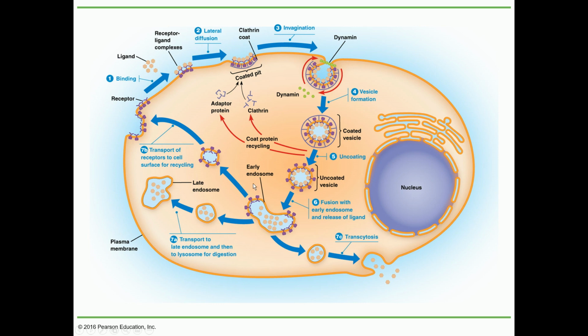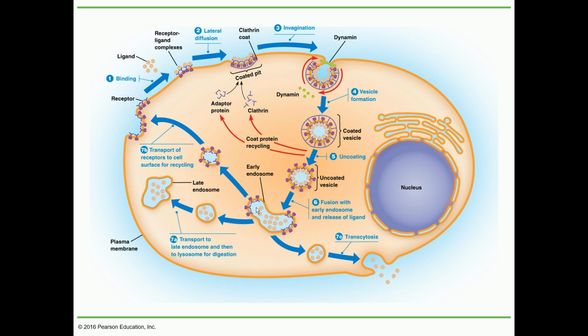They form early endosomes, the early endosomes form late endosomes, and eventually they form lysosomes. Then the digestion of the material, the digestion of these ligands, will take place. Remember that in these vesicles, the ligands are bound to the receptors,